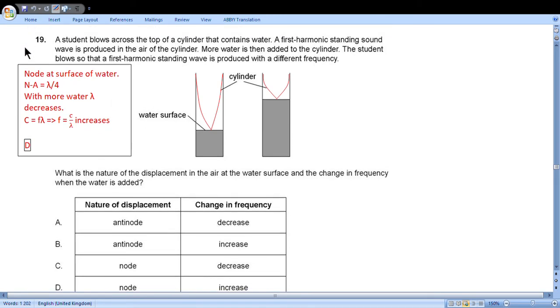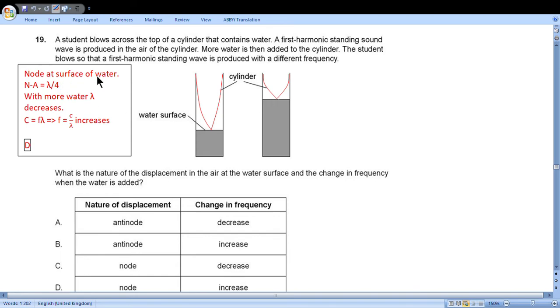Question 19. A student blows across the top of a cylinder that contains water. A first harmonic standing wave sound is produced in the air of the cylinder. More water is then added. The student blows, and the first harmonic standing wave is produced at a different frequency. What is the nature of displacement in the air at the water surface and the change in frequency when the water is added? So here we always have a node,